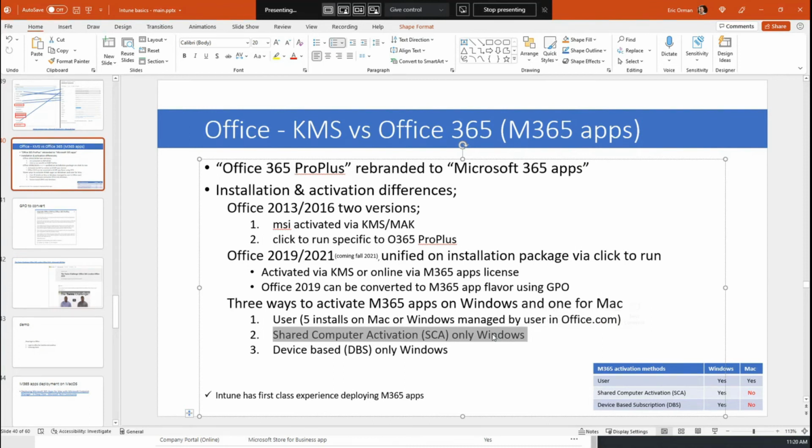So when an end user signs in, they log into Windows, they launch Office. Oftentimes they'll be presented with a login. That login does 2 things. It logs them into Office and also does a licensing check. And if the device is configured in shared computer activation mode, it'll be automatically enabled for unlimited activations. You go to another device and another one, you are licensed, because that A3 license, it's all about